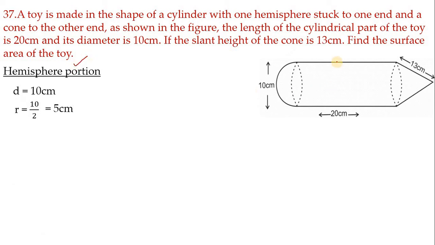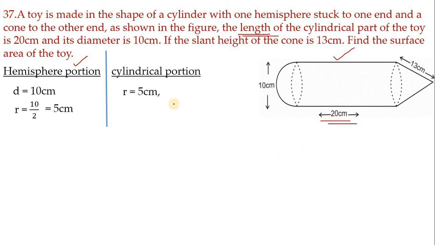And next let us find it for cylinder. In cylinder, 20 is what? That is length. So length is nothing but here we have to consider it as height. Therefore height is 20 centimeter here, and radius is same, children. As I said, radius is same for all three objects, hence for all I am taking it as small r itself. If the radii of cylinder, hemisphere, and cone are different, in that case you have to take them in different ways. You can take it as r1, r2, r3.